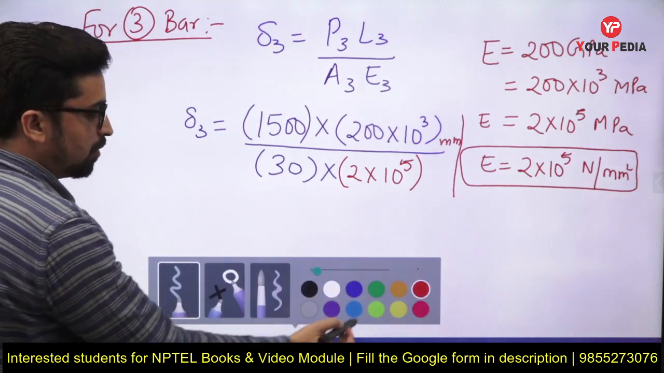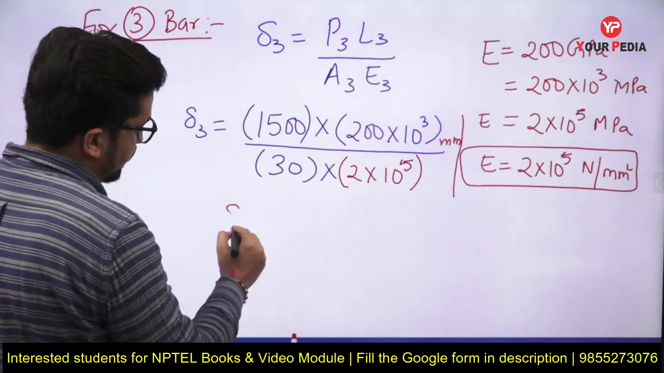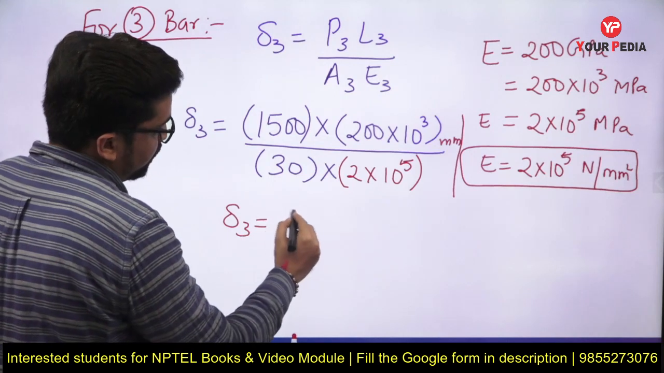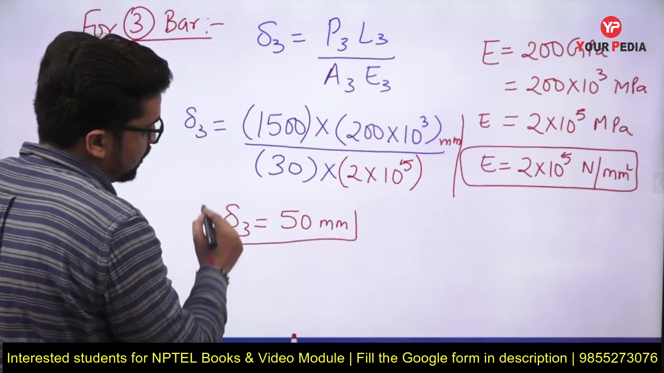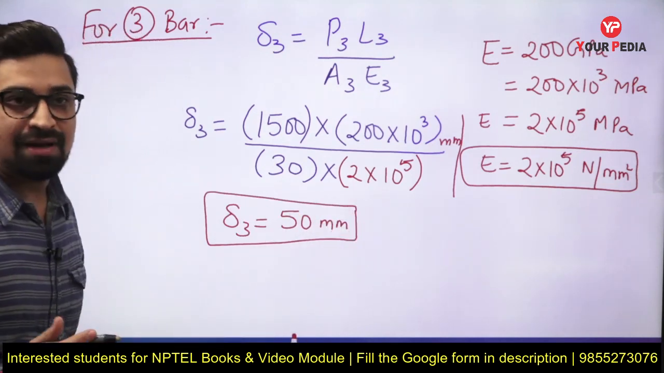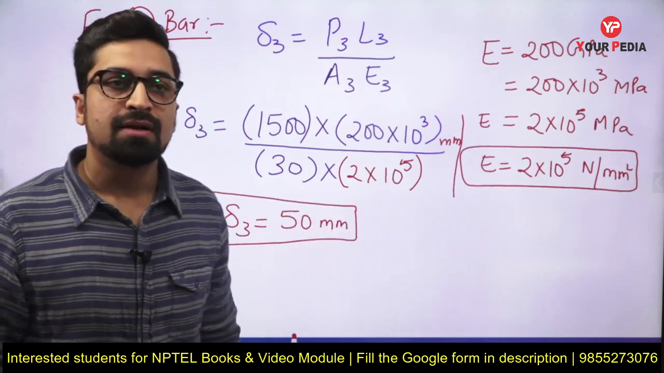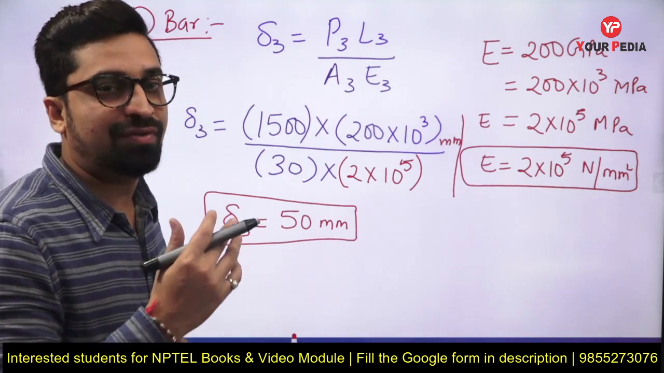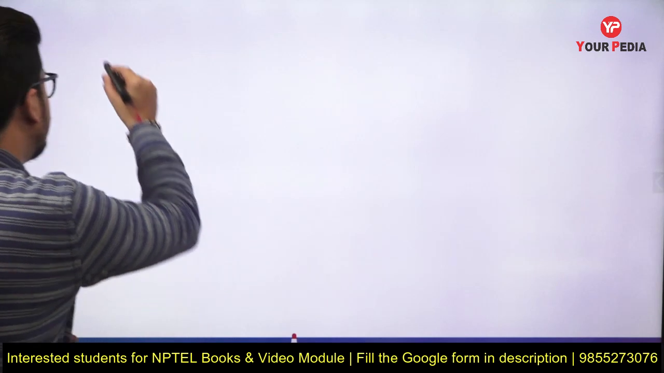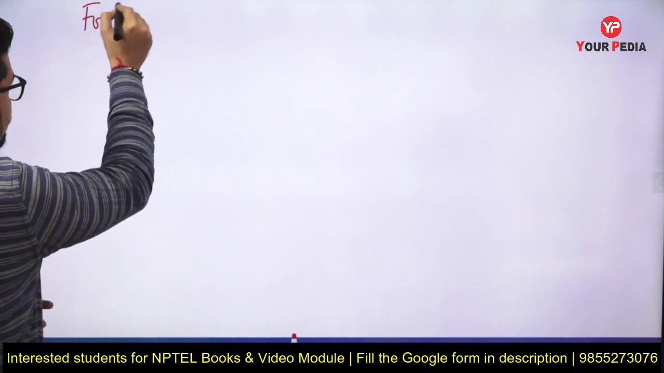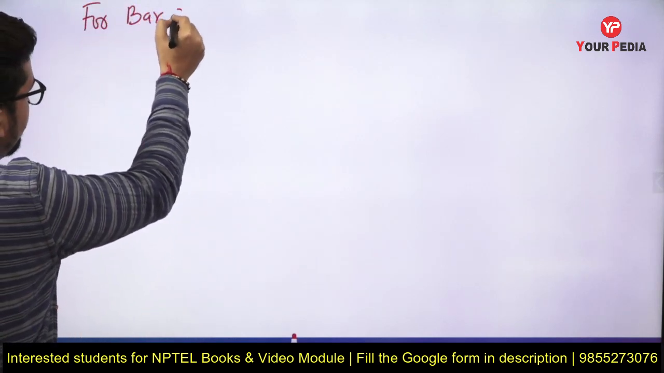So on solving this, you will get the value of delta 3 as 50 mm. So the deformation in the third bar we will get as 50 mm. Similarly, we can calculate the deformation in the second and first bar as well. So let us calculate for second bar. So for bar 2,